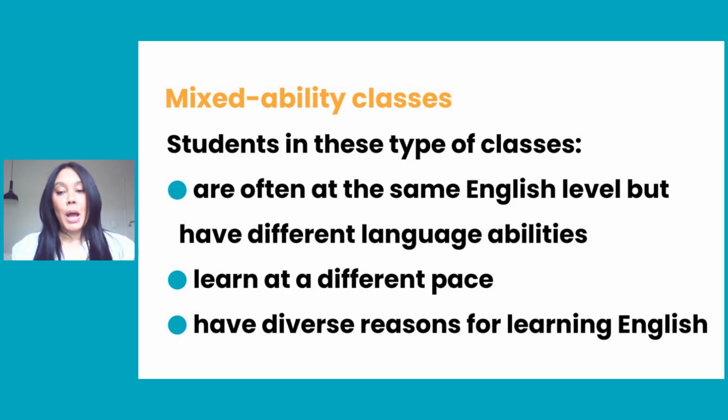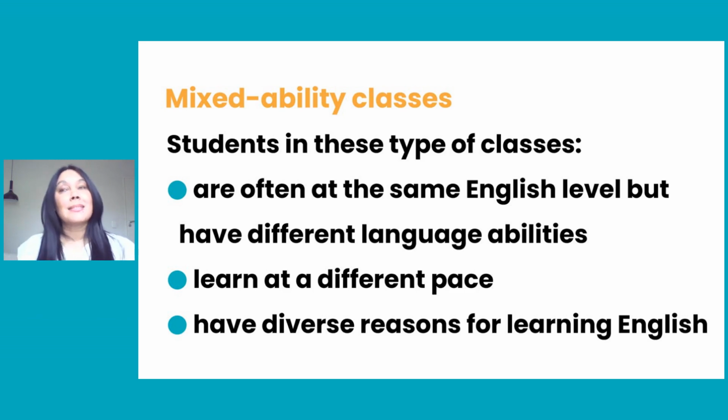All right, so I think an important place to start is, what are your students like in a mixed ability class? In TESOL, it's very common to have a class with students that are at the same level, right? So that core level, that CEFR level, for example, a pre-intermediate class, or you might have an elementary class, or you might have an upper intermediate class, right? So you've got your level. So let's go with pre-intermediate. But the students in that class could have mixed abilities, right?